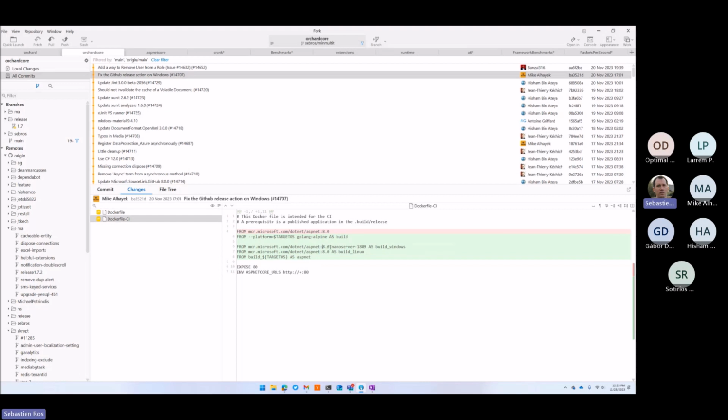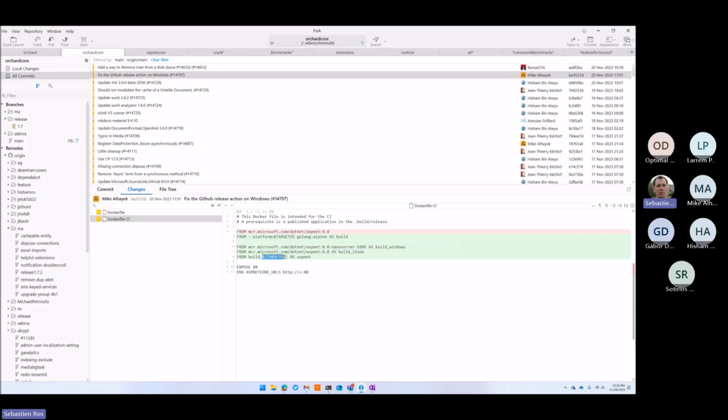So for Windows, you have to specify which one you want. For Linux, you can use a generic one like this, and it will pick up the correct container for ARM Linux, for x64 Linux, for all the things that you can run on. But for ASP.NET now on Windows, it won't pick it up automatically. So we need to specify which one we want if we're on Windows.